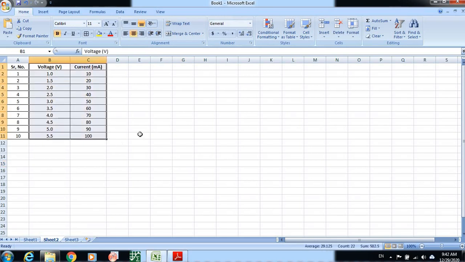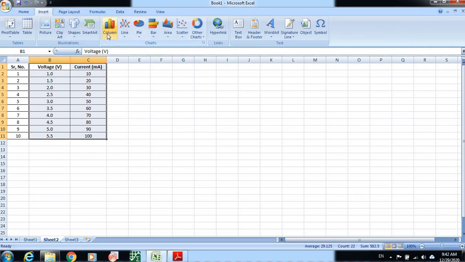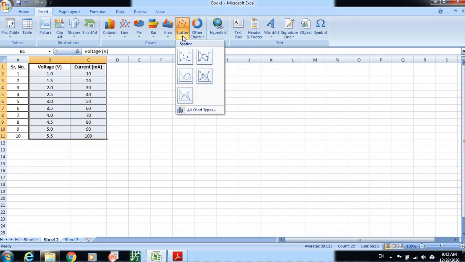We select the voltage and current columns, because we have to make a chart of V and I. We click on Insert. Here a number of charts are available. We use a scatter chart.